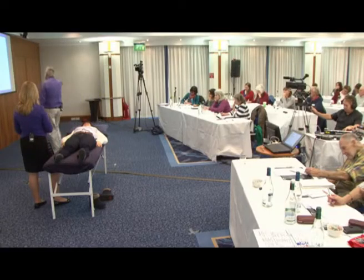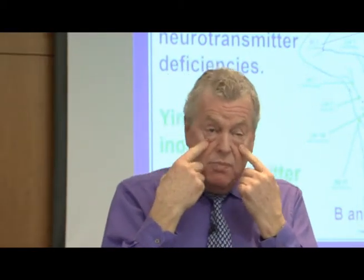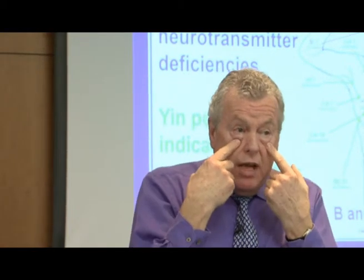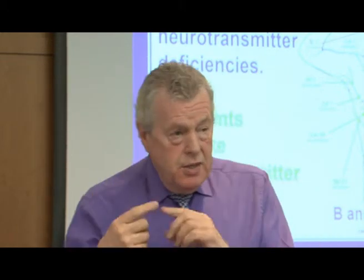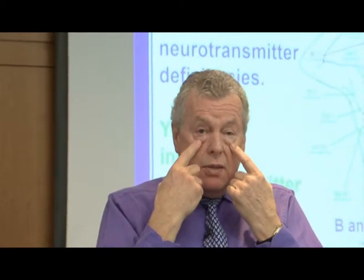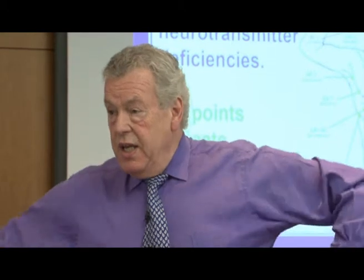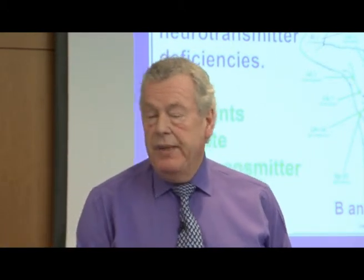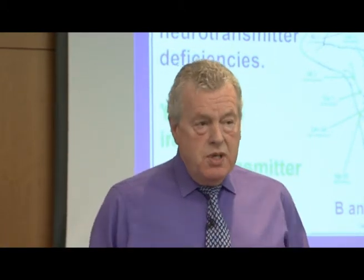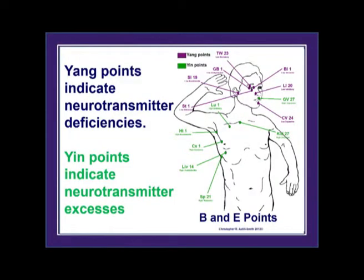And we've got stomach 1, which is on the bottom part of the orbit here, which is associated with histamine. Histamine is a neurotransmitter. It's an arousal. We get excited in things when we get histamine levels. So when we're low in histamine, it's active on stomach 1. When we're high in histamine, it's active on the spleen meridian. Okay, so all these neurotransmitters, we have highs and lows. And the lows are always the yang points, and the yin